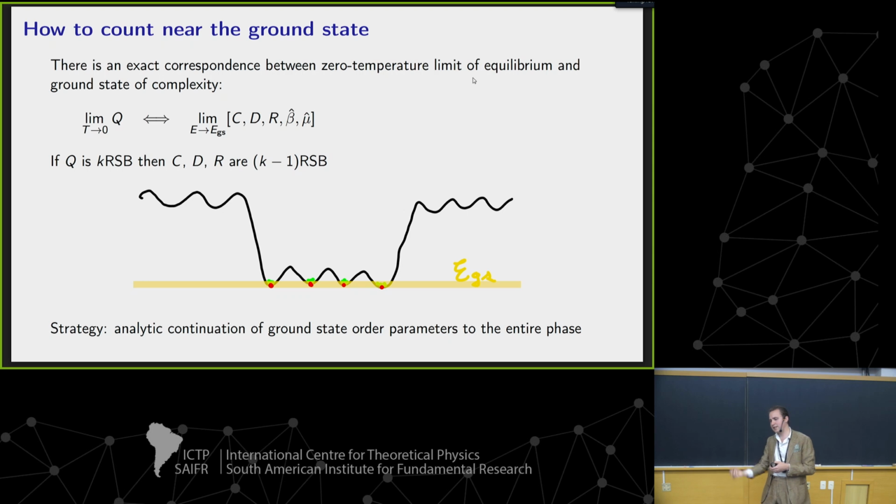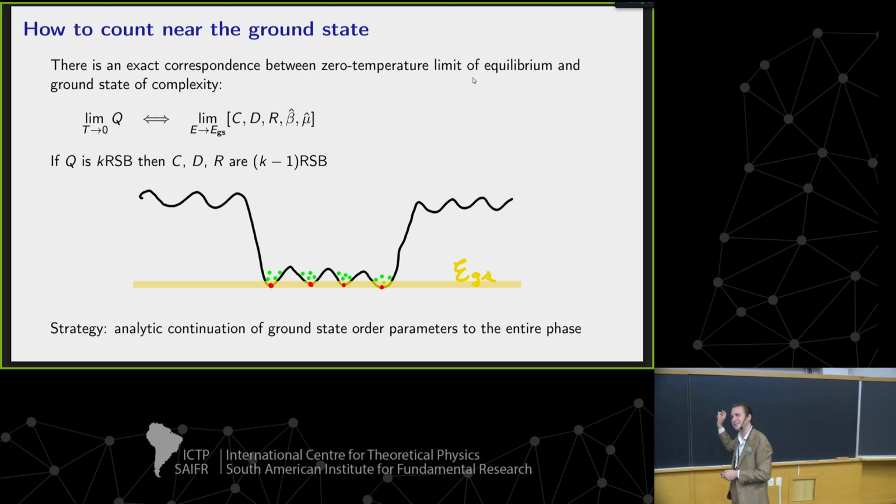But whereas in the complexity calculation, a stationary point and another in the same stationary point have overlap 1. There's only one stationary point at each stationary point. At low but not 0 temperatures, there's a little width associated with the Boltzmann weight as it concentrates around a given stationary point. And it's the vanishing of this width which leads to this correspondence here.